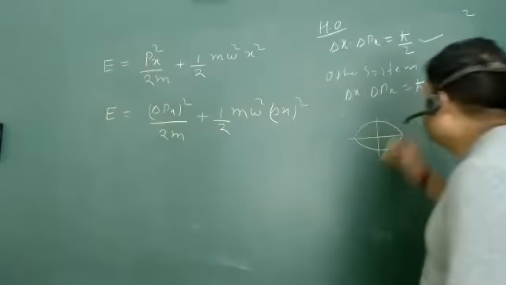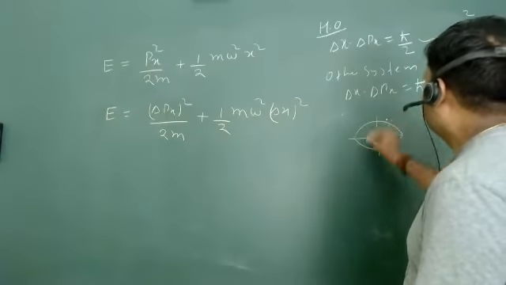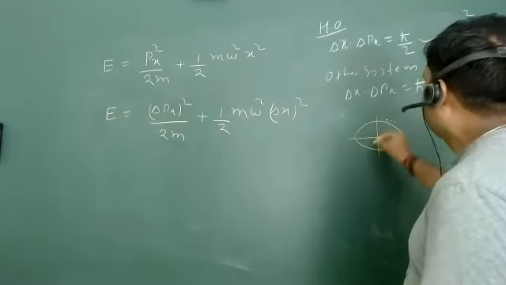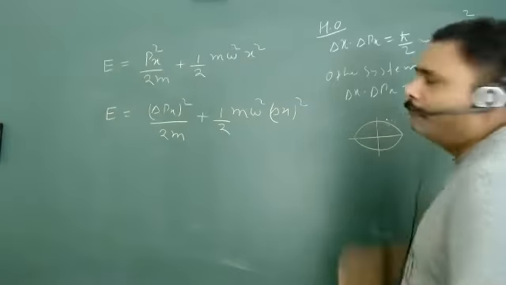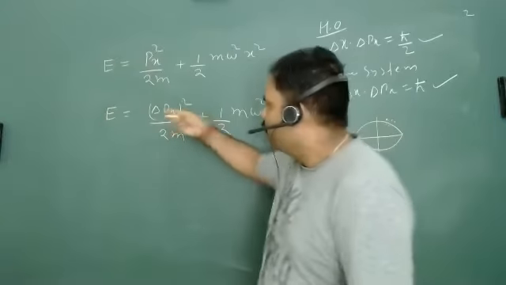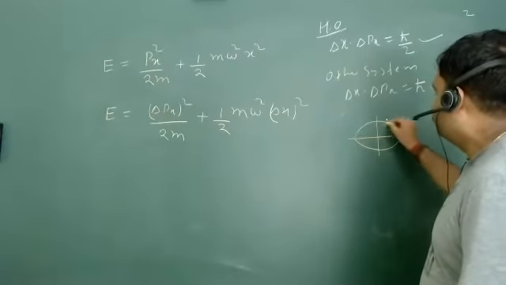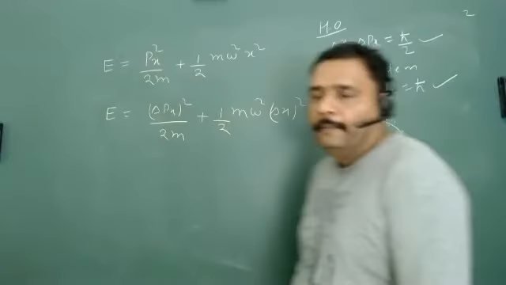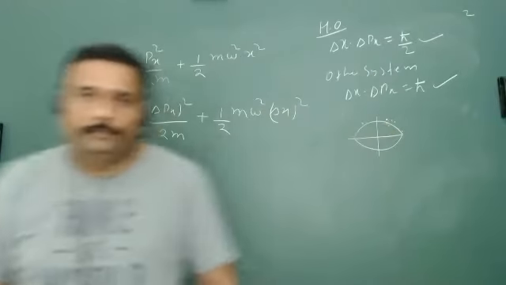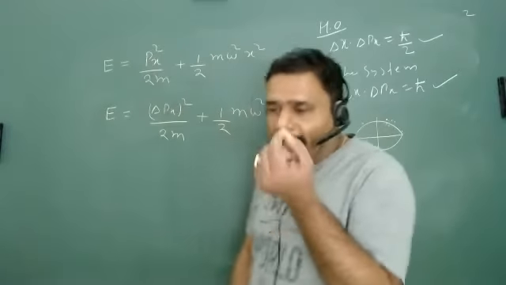Listen, I can take this value, I can take n number of values for a given value of energy. There are n number of px and x. How many px and x for this particular energy? Infinite number. But you will find that finally we will get a number.